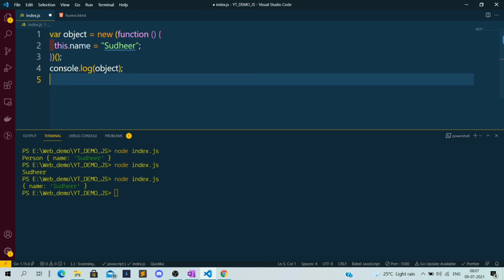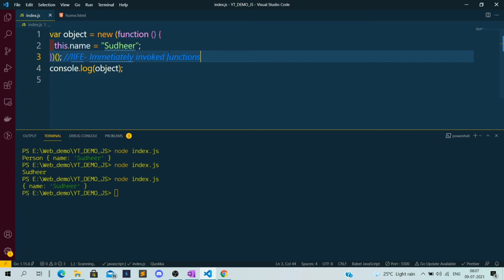So this is called IIFE, immediately invoked function, sorry for the wrong spelling. What this type of function will do is immediately call that function. So by using these brackets, it will immediately call that function. Here we are not calling this function from anywhere. Are we calling this function from anywhere? No. Why? Because we have this syntax.